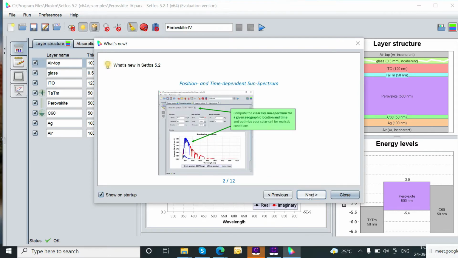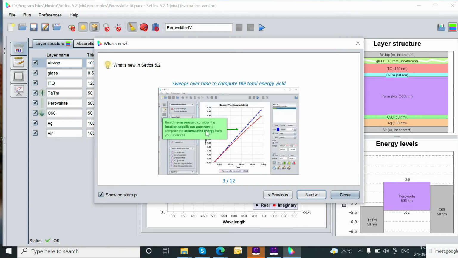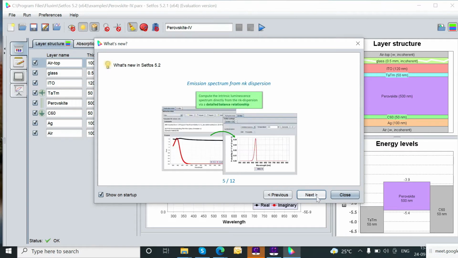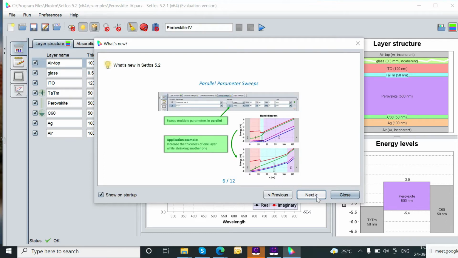Whatever new features are included in SATFOS, you can see on the top of the screen. In this recent version, a 3D master equation model for exciton generation for steady states and transient conditions, combined with drift diffusion, and a novel 3D master equation model for excitons to study non-local exciton energy transfer, Förster-Dexter energy transfer across layer interfaces, excitons in material blends, host and guest systems, and correlated and uncorrelated energy disordered systems. Along with that, position and time dependent, geographic location based spectrum are recent features.